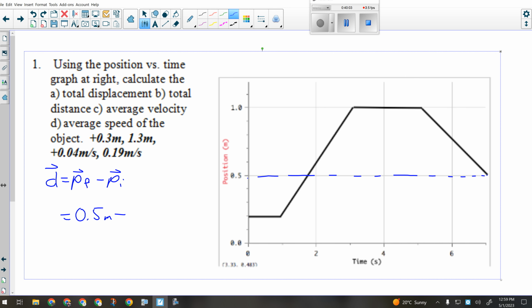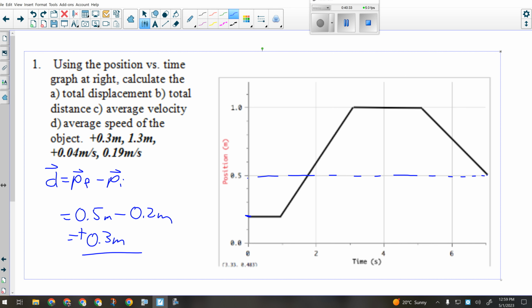My initial position, according to the graph, is 0.2 meters. Okay, 0.5 minus 0.2 is 0.3 meters. And that would be positive because it went up. Everybody all right with that? That's all there is to calculating displacement from a position-time graph. I have to read the graph to get the final position, read the graph to get the initial position, then